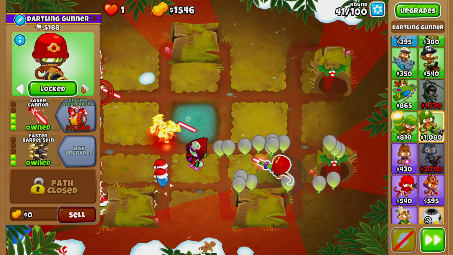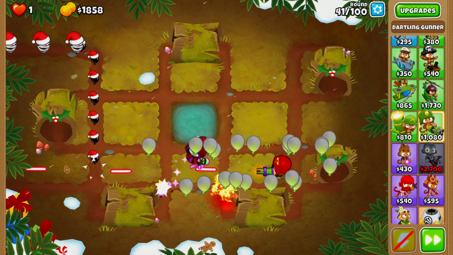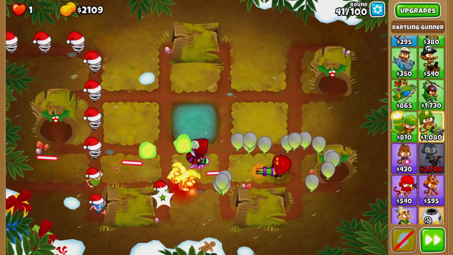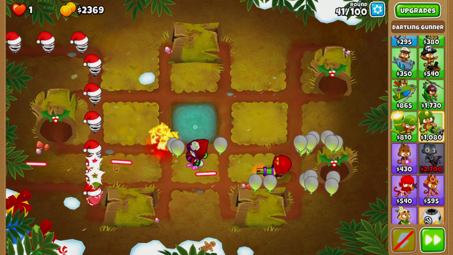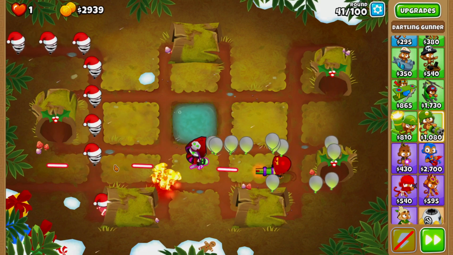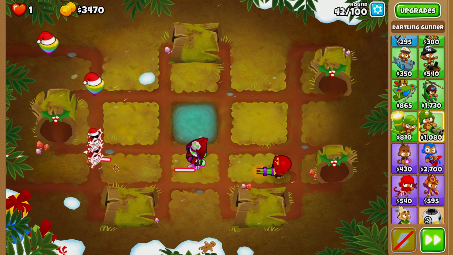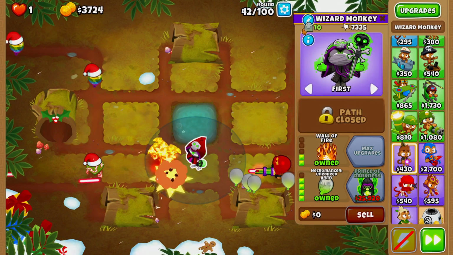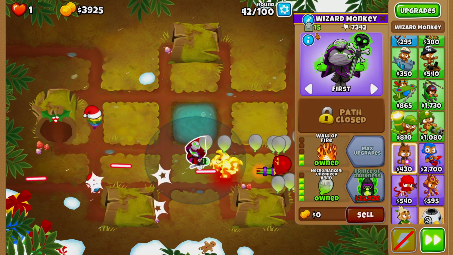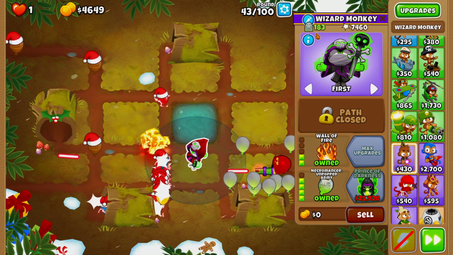Now, the next thing that we're going to do is lock our Dartling Gunner back in place, so he is targeting the left side here. We don't want the Dartling Gunner to take an insane amount of pops away from our Necromancer, because of course we want the Necromancer to have a couple of balloons in reserve